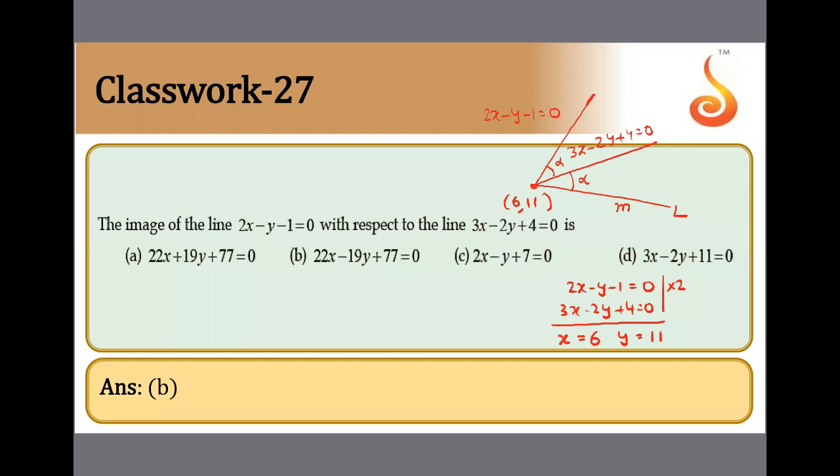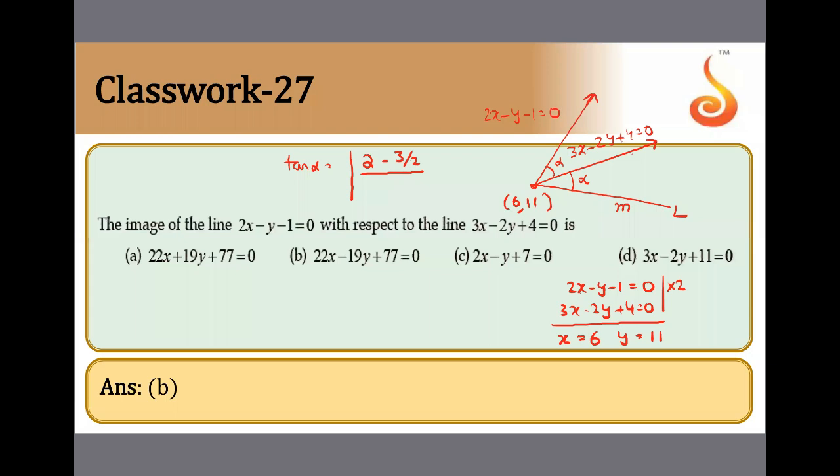Now we require the slope. Before that, we calculate the angle between these two lines. So tan alpha is equal to, the slope is 2 here, and here the slope is minus 3/2. Yes, I'm explaining the concept. The concept is clear. You all know the image, right? The image of this line is this one. Please concentrate, you'll understand.